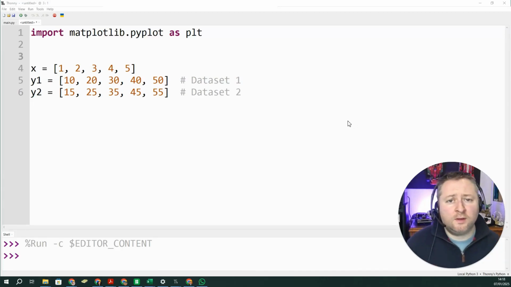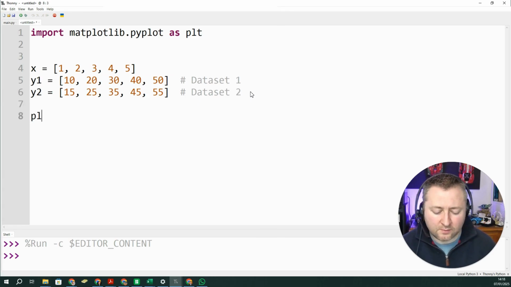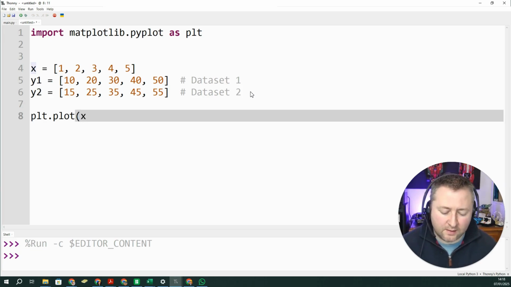Okay, so next up we might want to have two data sets that are displayed on the same plot. So we have matplotlib.pyplot, imported as plt. As we've done with each other one, we have our values of x, and then we've got two different data sets here that we're going to plot against each other. The first thing that we're going to do is say plt.plot, and then we have to say what we want to plot. So we're going to plot x, and then y1 because that's going to be the value that we're going to plot first, and then we might put our label, and that's going to be data 1 maybe,